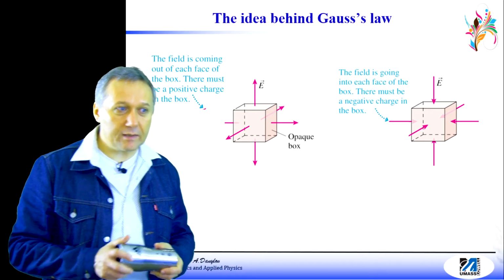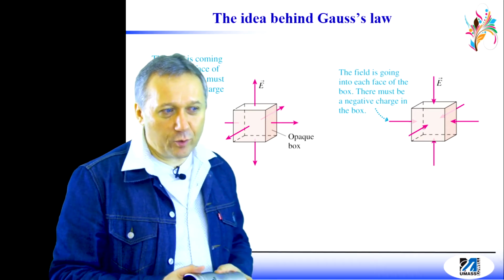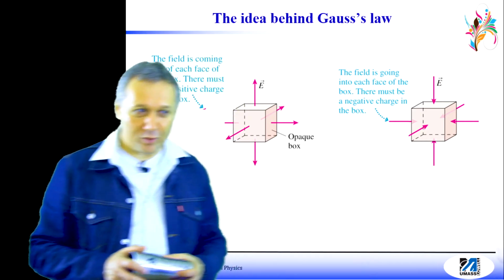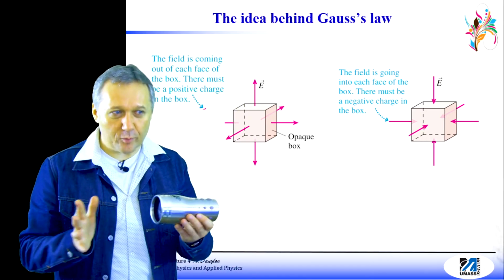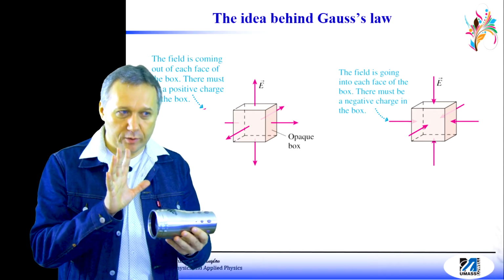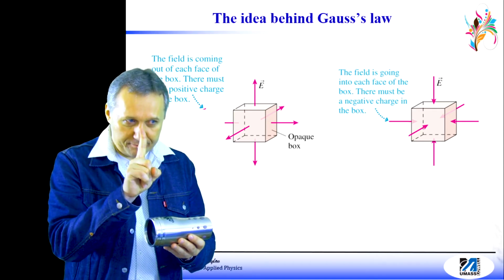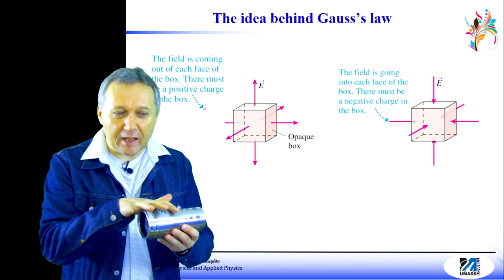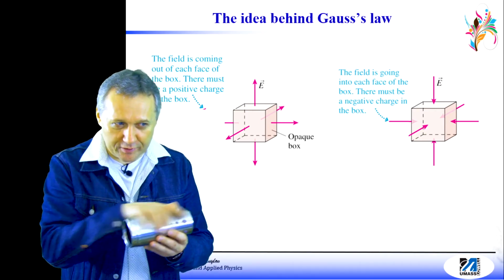Now let me state Gauss's law in words. Gauss's law allows us to connect the number of electric field lines crossing the box, crossing the surface,